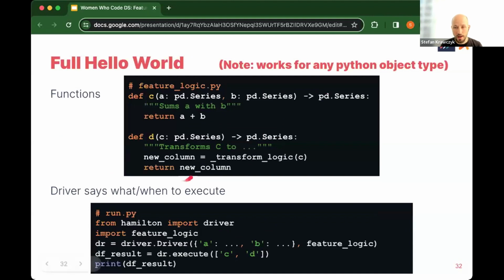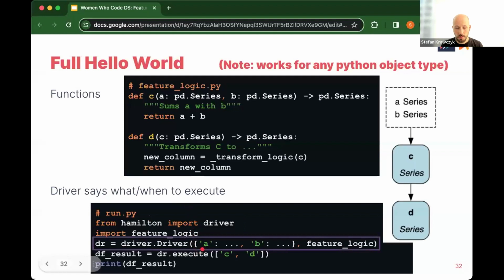Specifically, a full hello world example is that you write these functions that define this data flow or set of feature transformation processes. You then have to write what we call a driver, code to run and execute this. You're importing Hamilton, but you're also importing this Python module. You then construct a driver, which constructs this directed acyclic graph representation, by passing in this module. It will crawl these functions, and each function effectively becomes a node. It will then determine the edges between things, and then